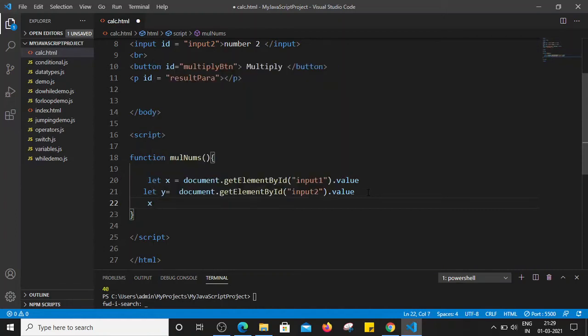So I'm going to use x into y, and I'm going to use one variable, that is let result is equal to x into y. But we have to understand that these x and y are not in number format, so we have to first convert this x and y that are currently in string format to number format before multiplying.